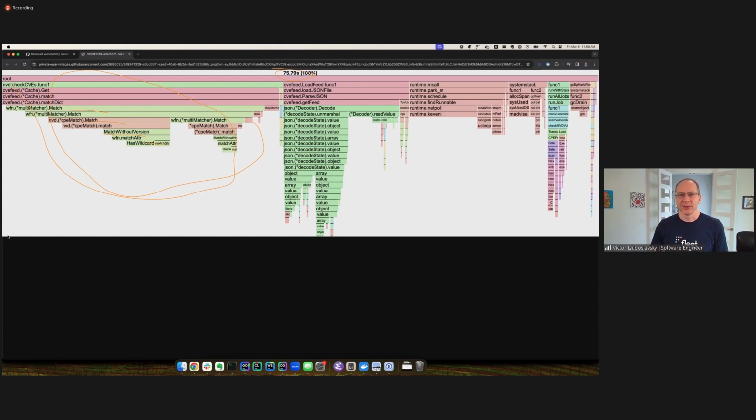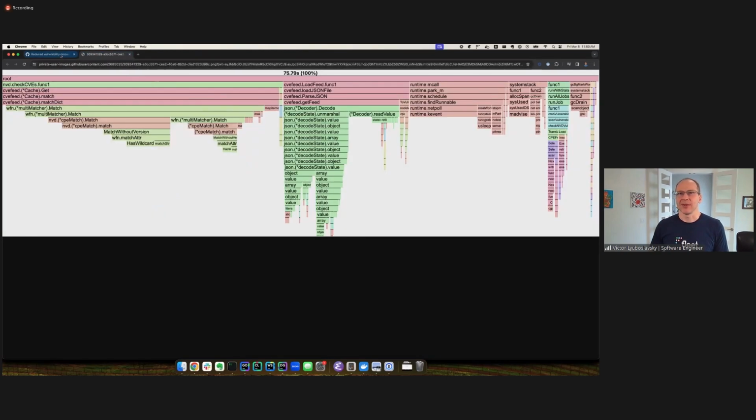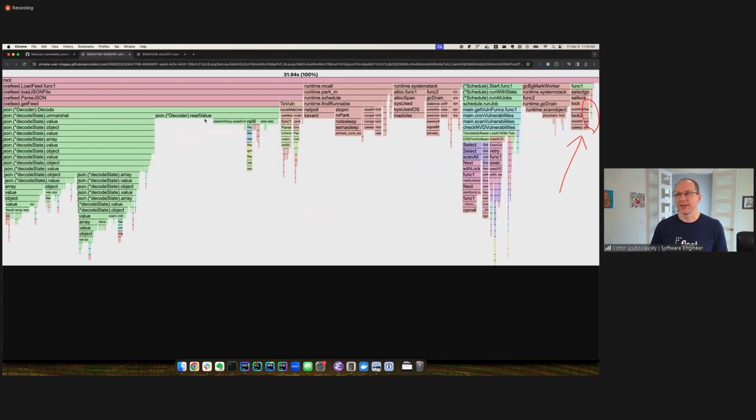So the results seem to be... So basically from 75 seconds, in my example, I went down to 31. And that big bar in the flame graph is now down here. So a significant reduction. There's one caveat, which assumes that